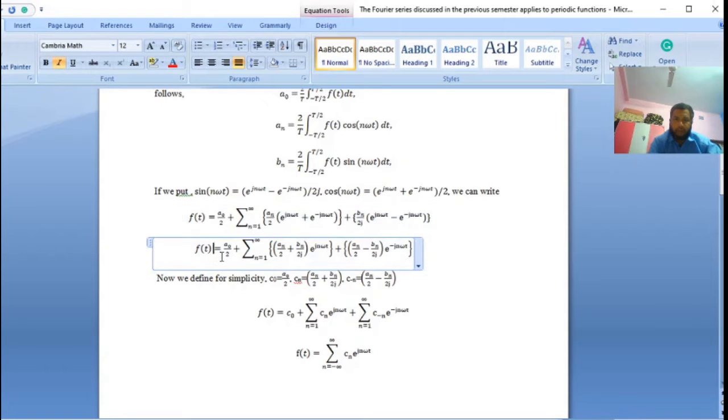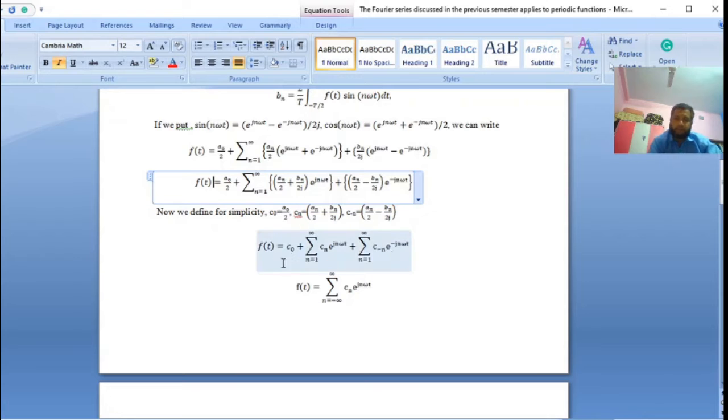If we rearrange, the coefficient of e to the power j n omega t has been separated out. Similarly, the coefficient of e to the power minus j n omega t has been separated out. Now if I define c0 as a0 by 2, and cn is that, and c minus n is like that, then we will get